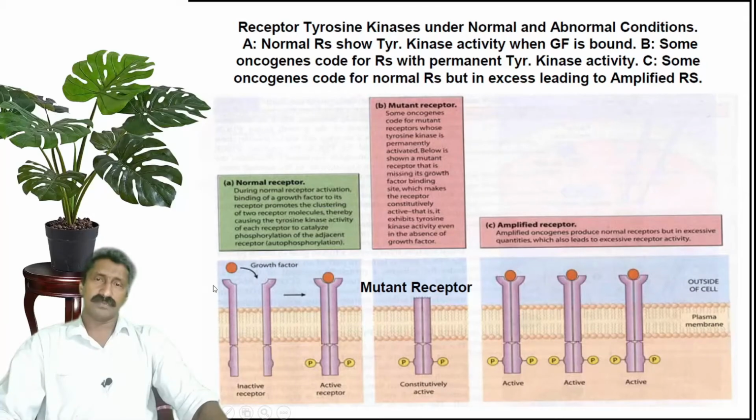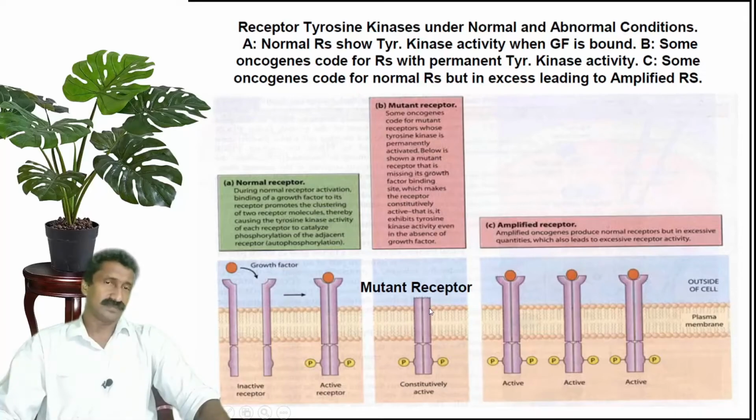Here the same thing is represented. Normally such receptors require a growth factor when present on the cell surface. This is a receptor tyrosine kinase receptor, and that receptor requires a growth factor. When the growth factor is there, it changes its conformation and becomes the phosphorylated active receptor. But a mutant will lack this provision, so it will be in a constitutively active state with the phosphorylation and